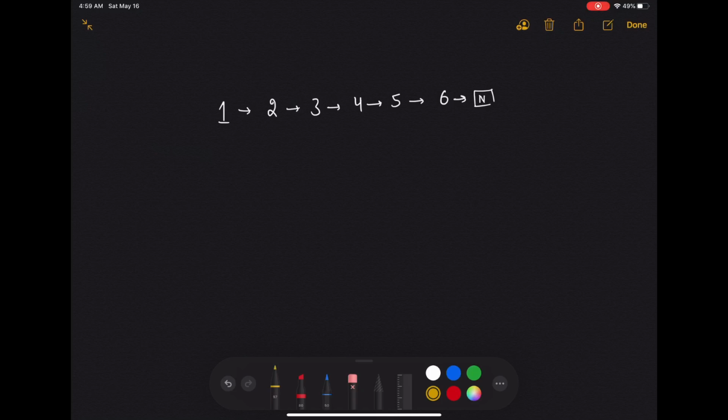I have taken an example and the question is asking that we need to form an odd even linked list, and that means that all the odd nodes should be in the starting and all the even nodes should be at the end. So the first question is how to identify whether a given node is odd or even.